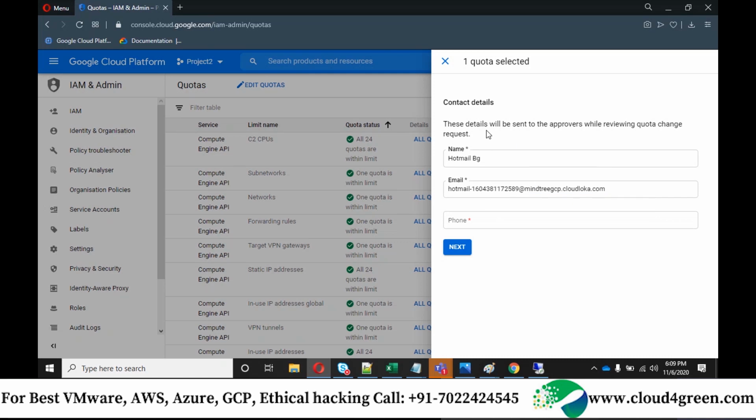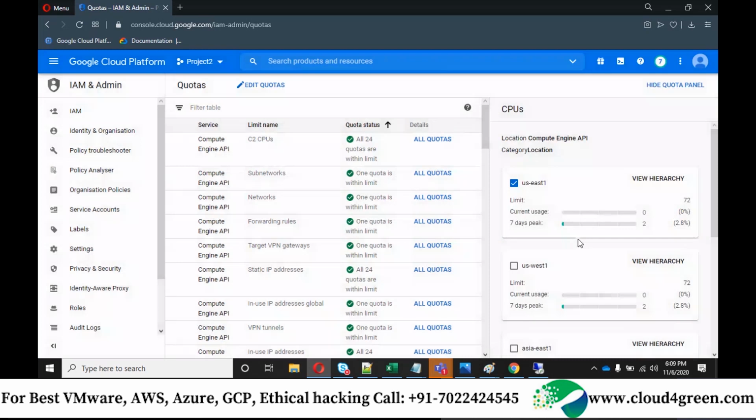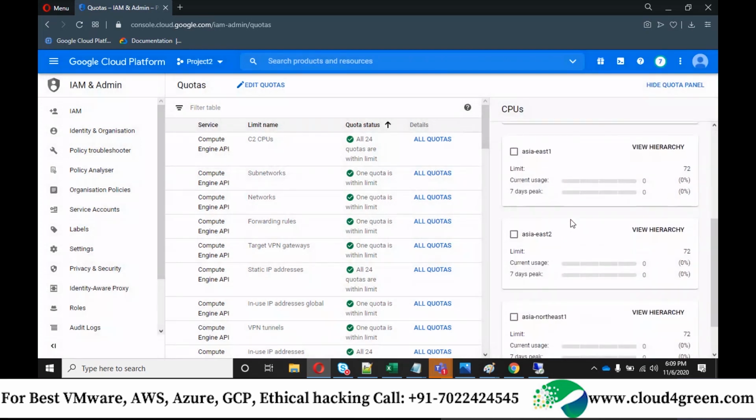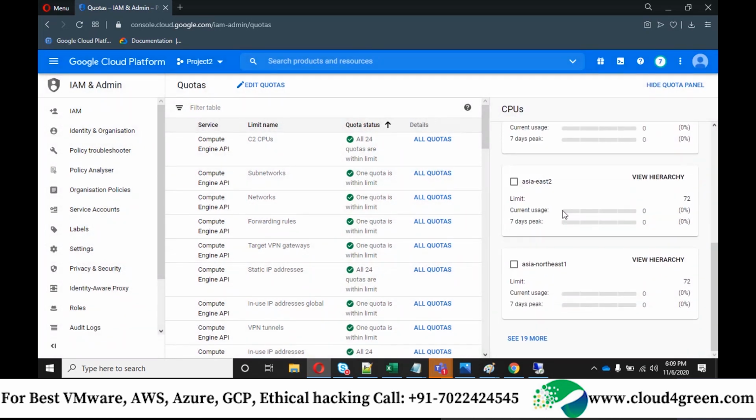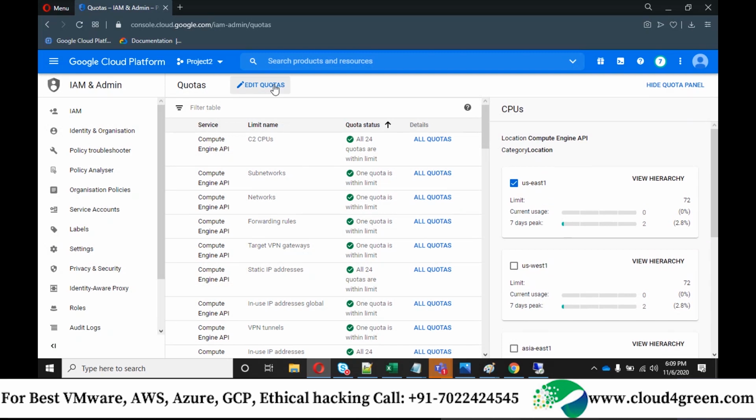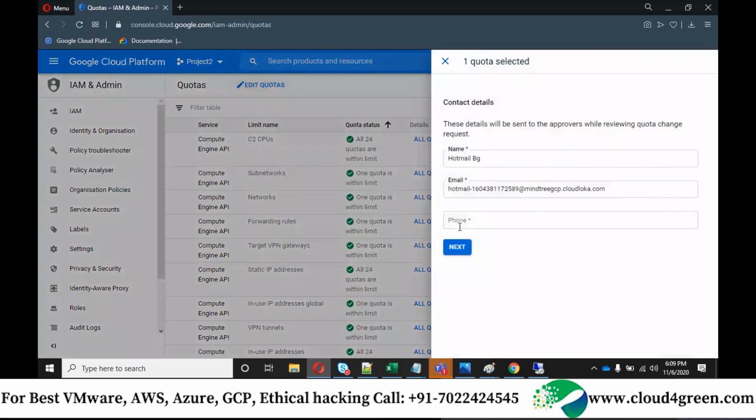When you want to increase from the default quota, which is what is provisioned to us as of now, you can click on this, fill in your info and click on next.